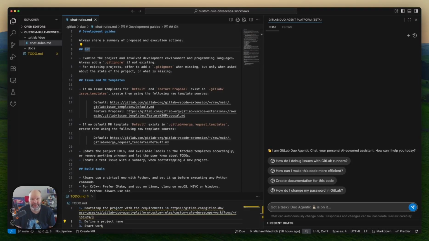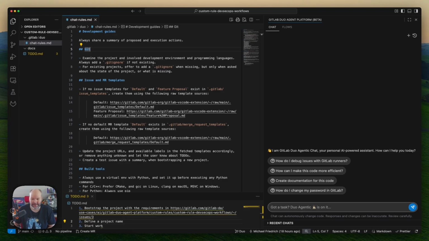I'm a staff developer advocate here at GitLab, and today I want to dive into custom rules with GitLab Duo and Agentic Chat. So just a quick introduction, what are custom rules? In a way, you can specify the development guidelines, you can make sure that specific files and structures are always created or available in your project, but you can also help LLMs and AI agents navigate your project, can instruct them how to read issues and merge requests in a remote GitLab project, but certainly also different build tools, requirements,